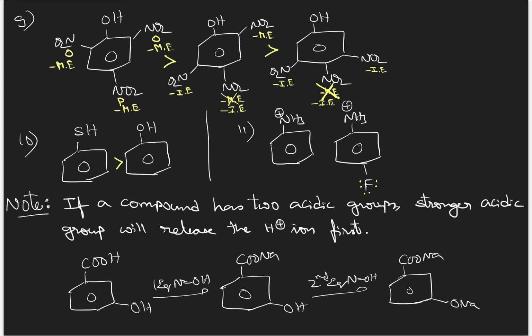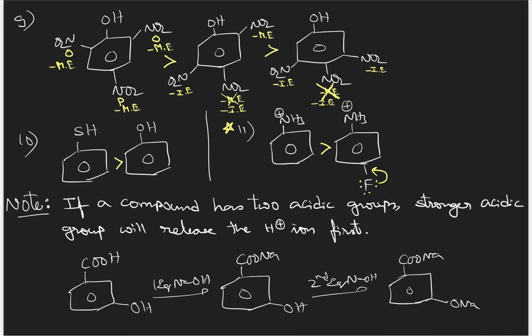And then coming to NH3 plus and NH3 plus with fluorine. As fluorine has a positive mesomeric effect, NH3 plus without fluorine is better. Negative inductive effect is negligible, being at a para position, but positive mesomeric effect is stronger because it is distance independent. Therefore, not having halogen is better here. Not having fluorine is better here. So this is one of the exceptional points. You have to remember this one.